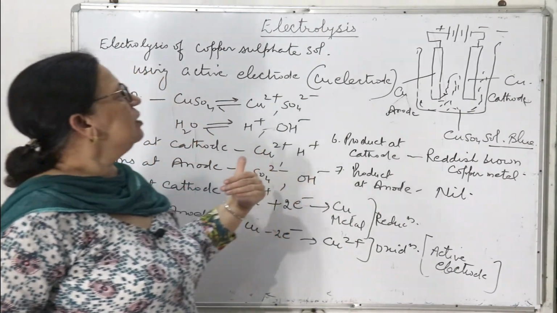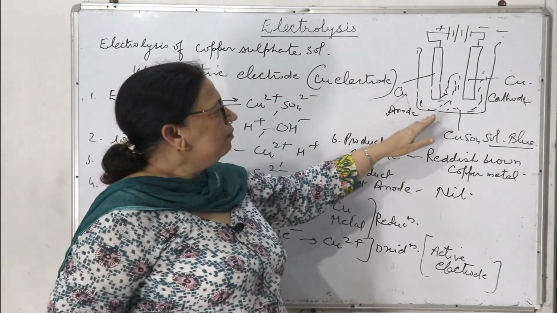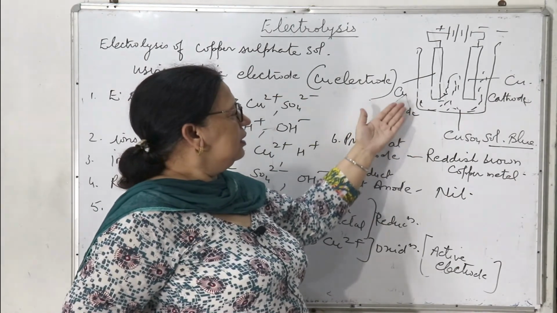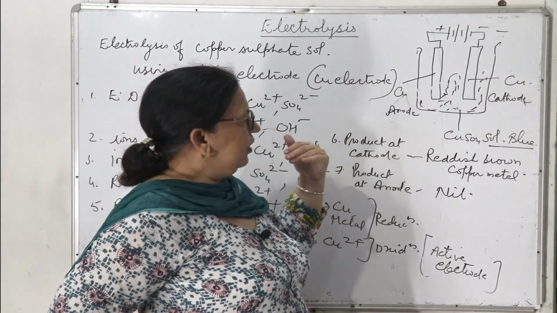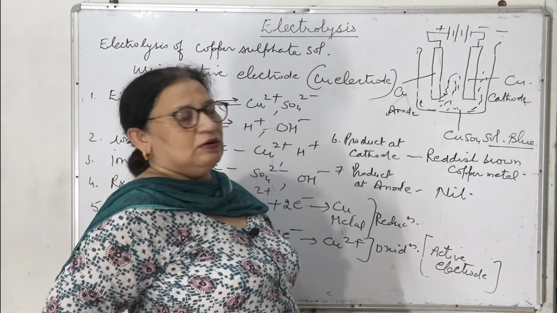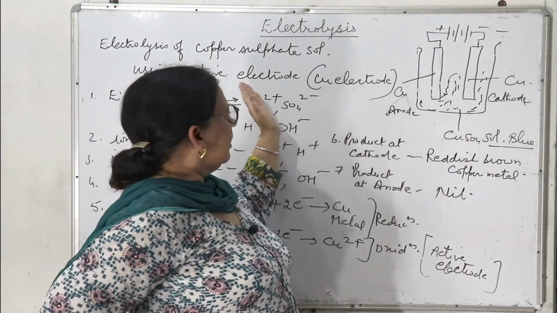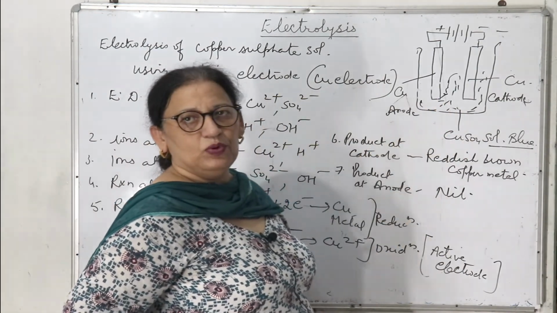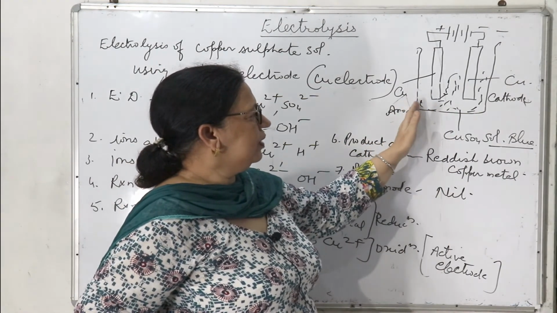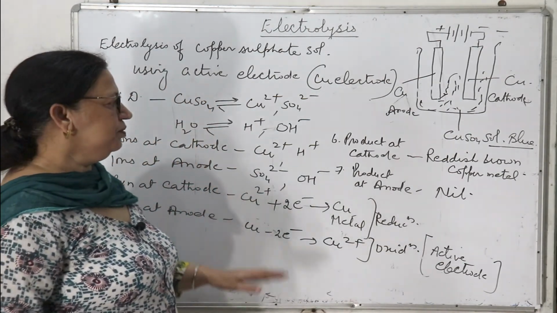In the previous electrolysis, when we did it with the inert electrode, the blue color of the solution faded away, because the inert electrodes were there. When the whole of the copper gets deposited at the cathode, the solution will become colorless. And in case of the active electrode, this solution will remain blue because of the active anode, which is giving blue color, as copper ions are going into the solution. I hope this is clear to you.